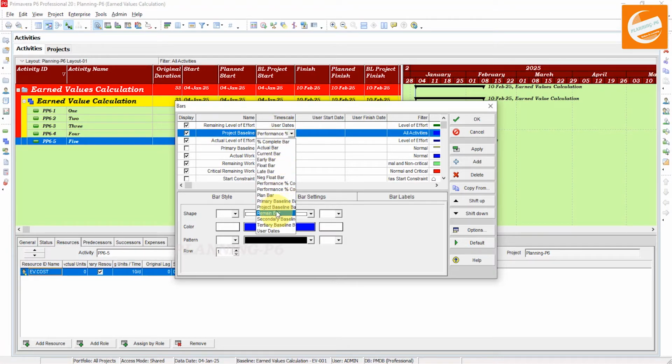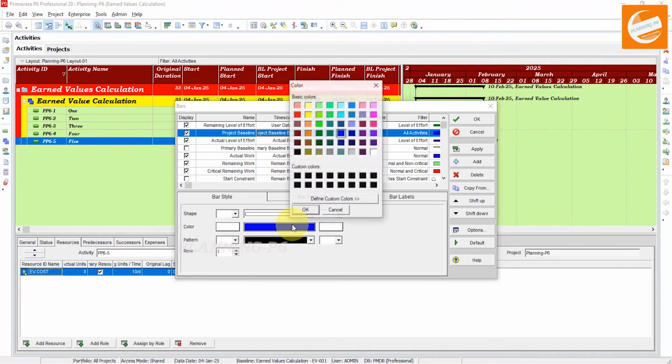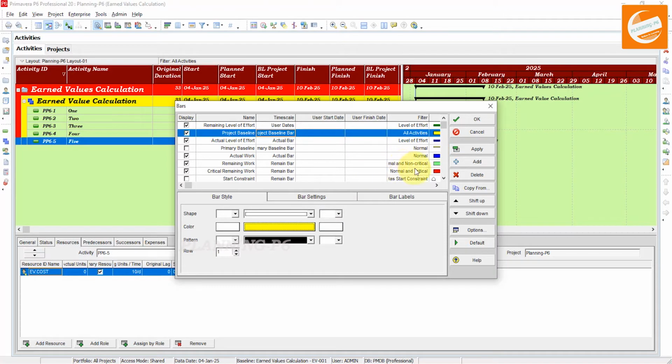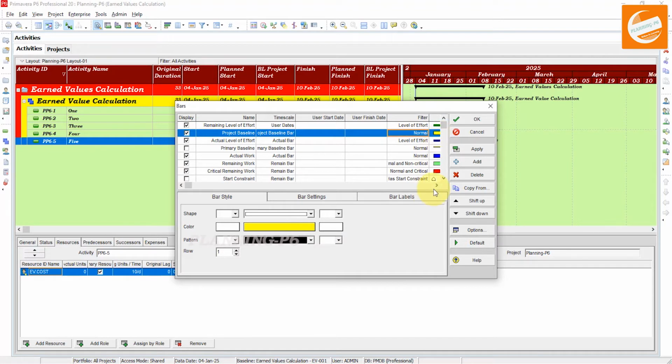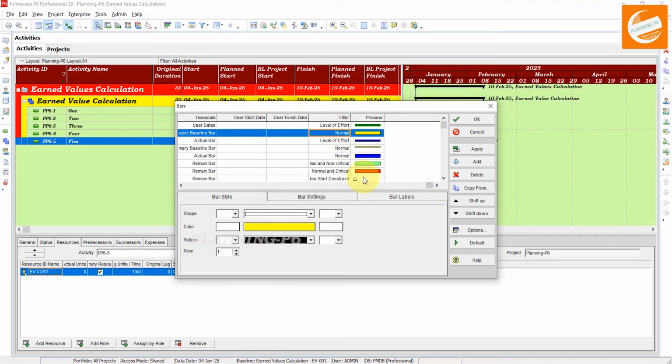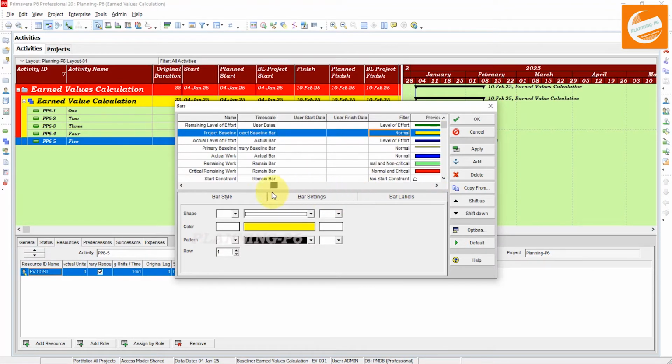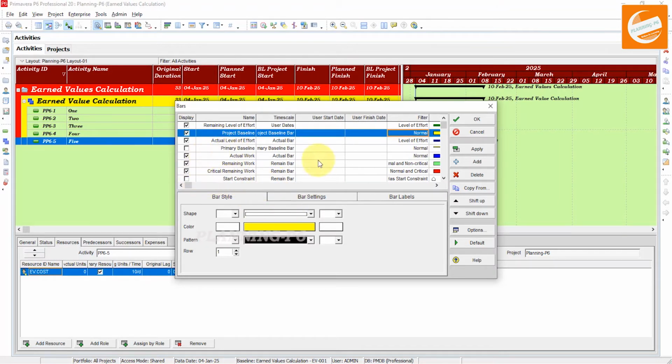You can say here the primary project baseline bar, and we will select the color yellow because Oracle is also using that color. And here we will select the normal filter, apply, okay, and here the color is okay. Now the primary baseline, we will uncheck; the primary baseline is already unchecked.